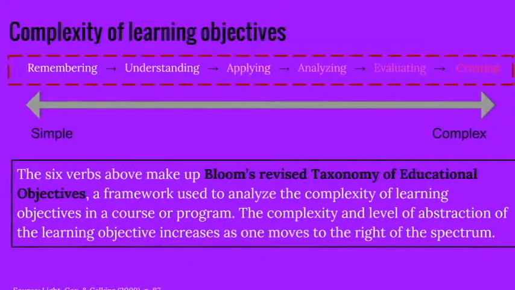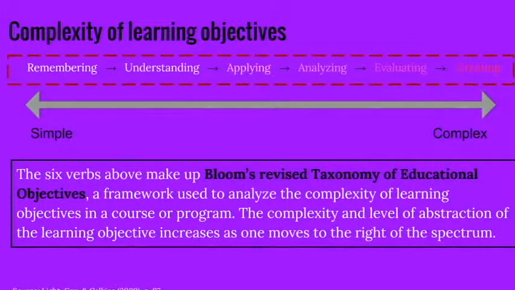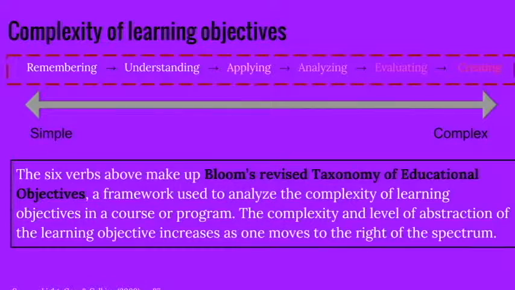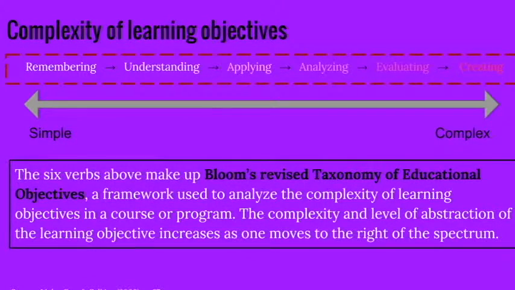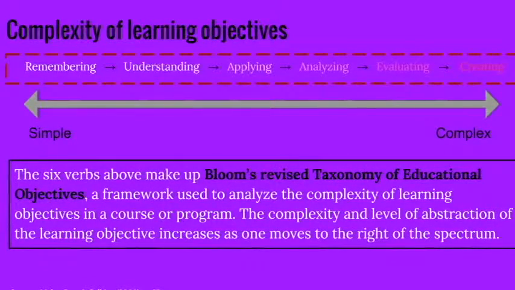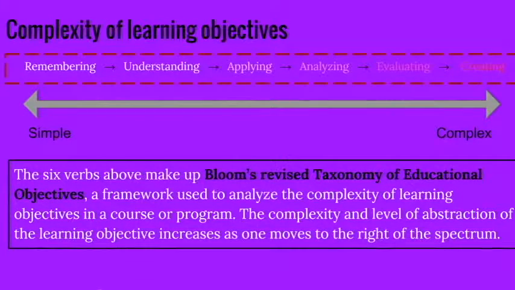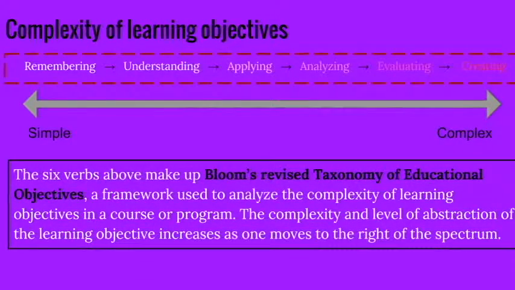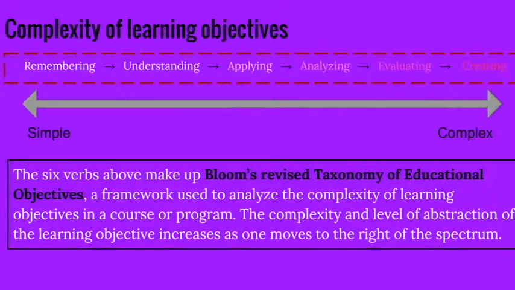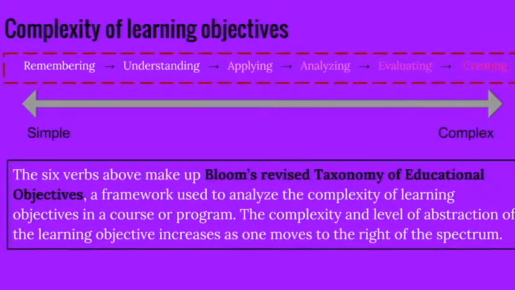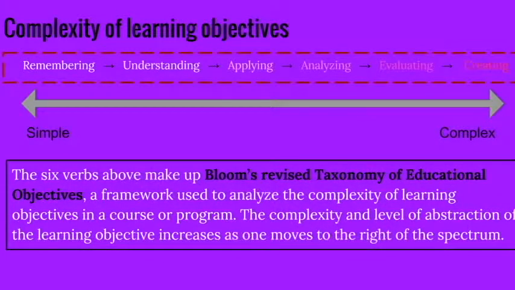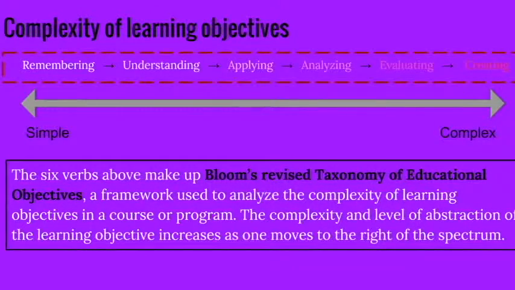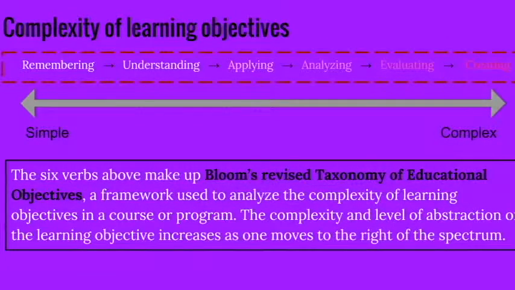This slide illustrates Bloom's framework, which was developed by an examiner at the University of Chicago in the 1950s to help develop banks of test questions. In Bloom's framework, which is shown here as it was revised in 2000, the simplest, lowest cognitive level of learning outcomes is displayed on the left-hand side of the screen, and the outcomes become more complex and abstract as one moves to the right. Just to give an example, a traditional course that focuses on the transmission of information from instructor to student would have relatively simple learning outcomes, such as remembering and understanding course material.